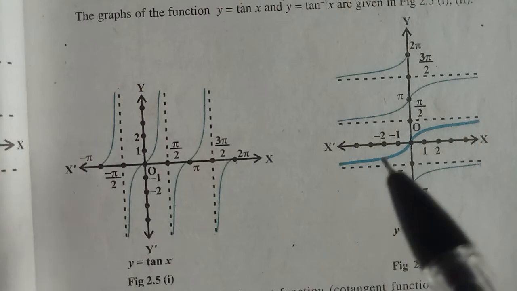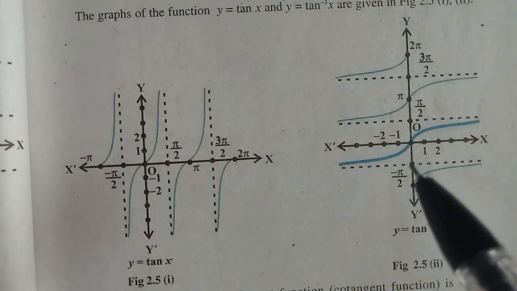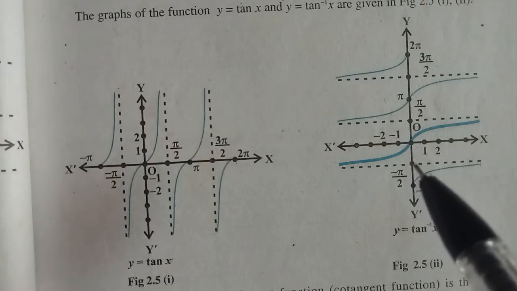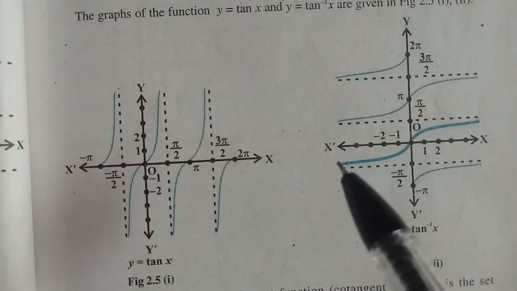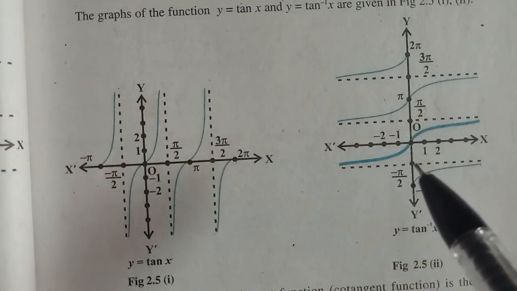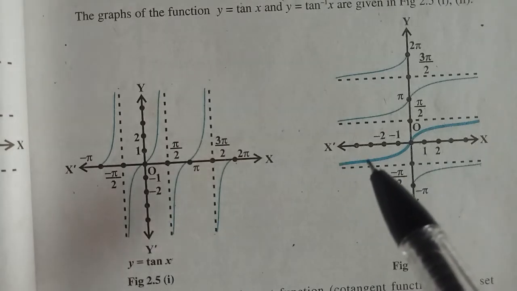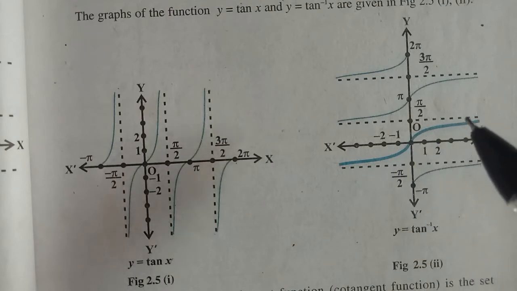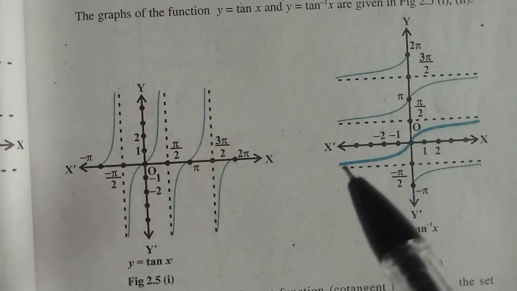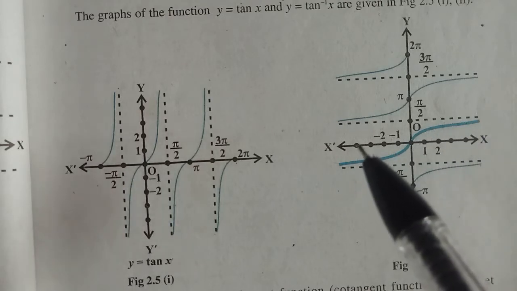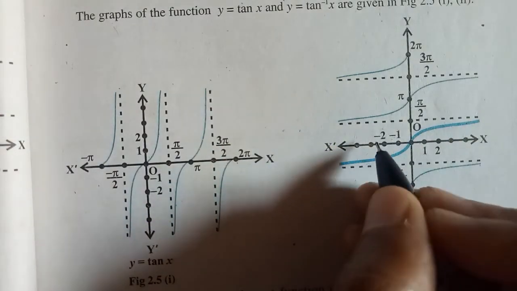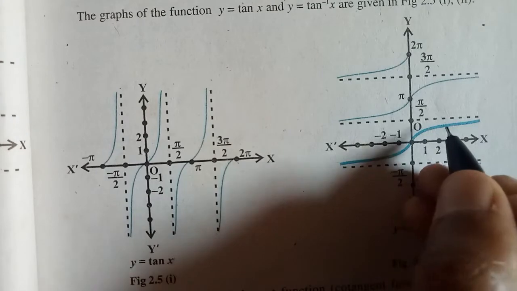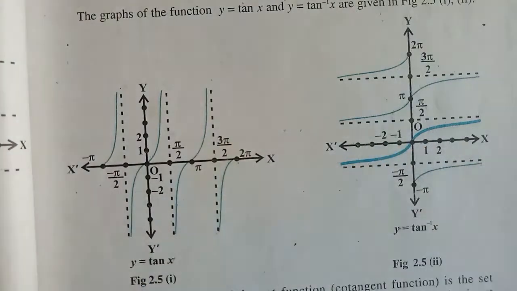So what will happen? You can see that from minus pi by 2, from an open interval. Now minus pi by 2 I can't take because there is a break here, and here also I cannot take, there is a break here, right? Considering the deleted neighborhood of minus pi by 2, from this area to this area I all have one image only. For all real numbers coming from here, you can see that they all have unique images, right?